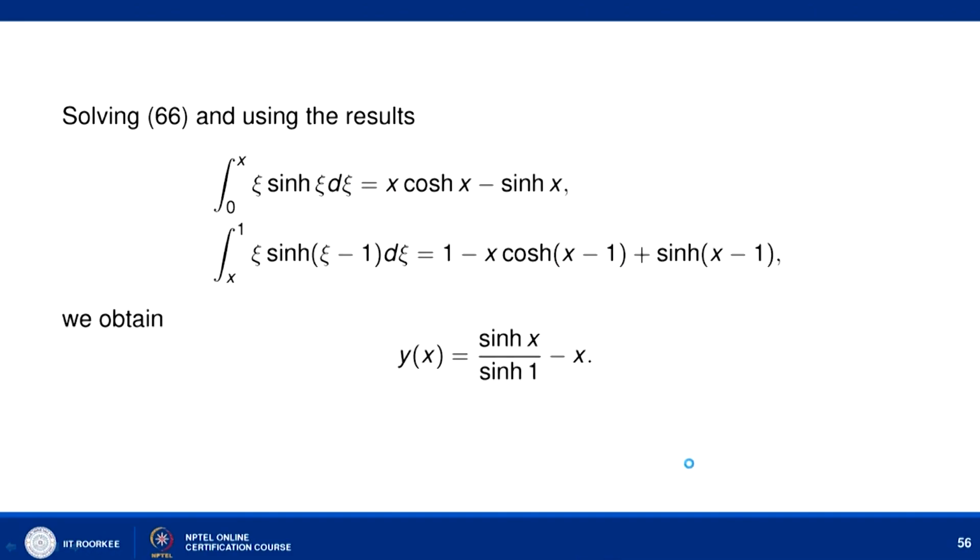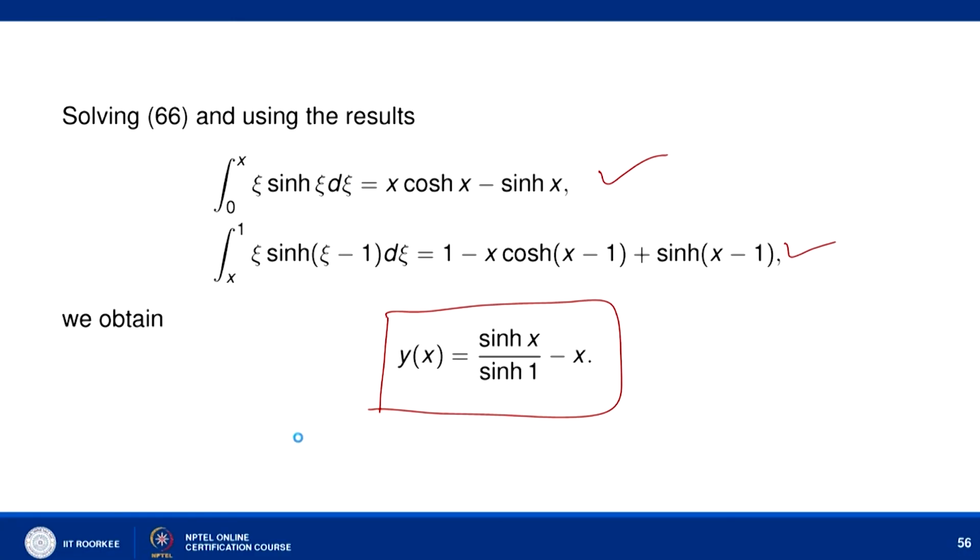and you can use the following result, that integral 0 to x of xi sinh xi d xi equals x cosh x minus sinh x, and integral x to 1 of xi sinh(xi minus 1) d xi equals 1 minus x cosh(x minus 1) plus sinh(x minus 1). So these integrations you have to solve. I think it is not very difficult, that's why I am using a simple result here, and we can write down our solution as this: y of x equal to sinh x divided by sinh 1 minus